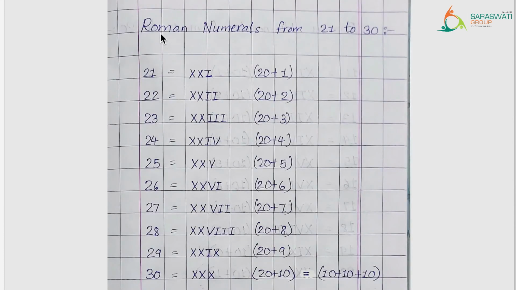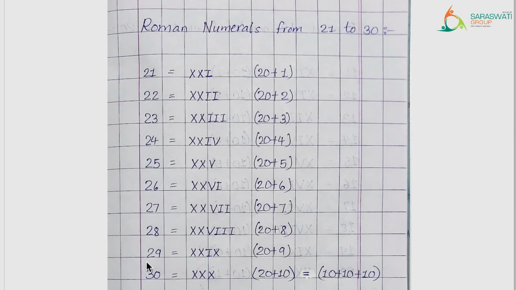Now students, let us have a look at the Roman numerals from 21 to 30. So students, यहाँ पे we have added 20. Before the Roman numerals for 1 to 10, हमने रोमन न्यूमरल 20 का जो है that is X repeated 2 times सभी जगह ऐड किया है. Right? So we are getting the Roman numerals for the numbers from 21 to 30. 21 is equal to 20 add 1. So 20 का रोमन न्यूमरल है X repeated 2 times और 1 के लिए है I. Then 22 is equal to 20 add 2. So 20 के लिए X repeated 2 times और 2 के लिए I repeated 2 times.